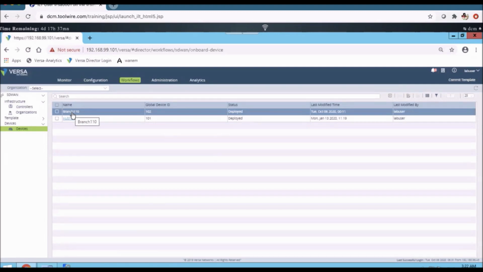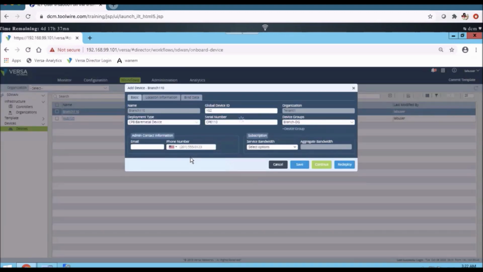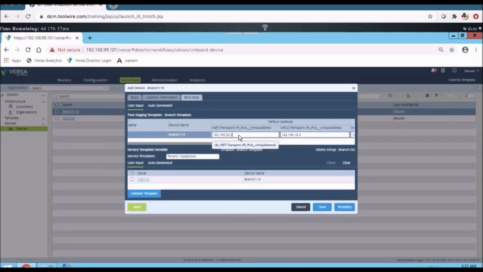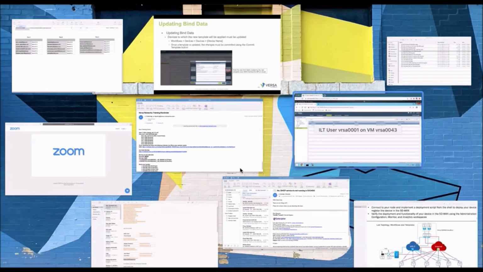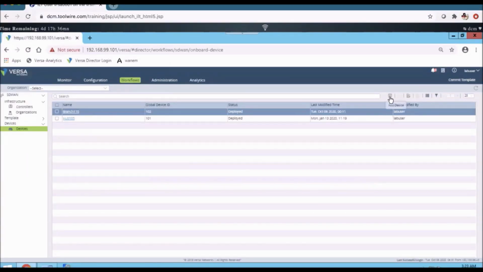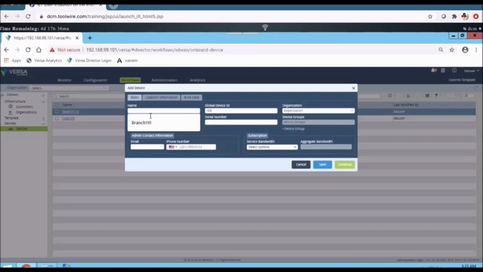Here is the branch information. For example, you want to create a new branch. That new branch will use the same template but a different IP address. In the bind data, each and every branch will have the branch specific information. So we have to mention the new branch host name or ID. I wanted to create a different branch with the same template, so everything remains the same. I mention the tenant information, the device group information, and a different serial number here.